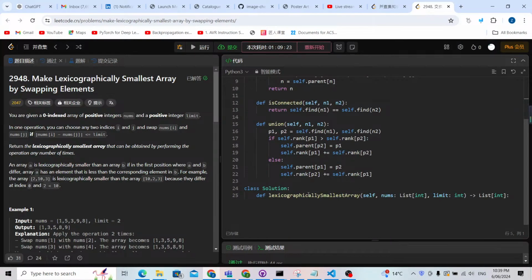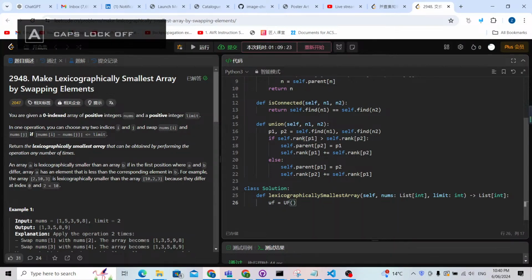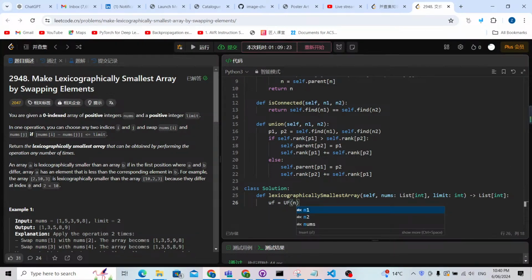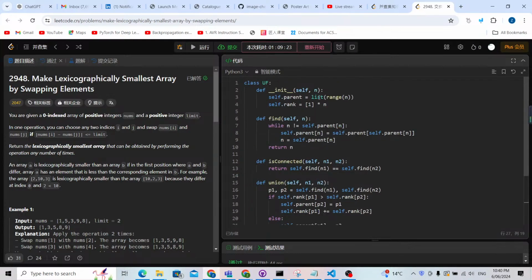Yeah, but for our problem, we're going to focus on solving the problem instead of how to write a template of union-find. So for us, let's just prepare this union-find. I'm going to use a variable n, which is going to be the length of the nums, because I'm going to use the index as the node of the union-find. It means from index 0 to n minus 1, so that's going to be put inside my union-find. So basically this is n, and I put it inside, and I'll build a union-find